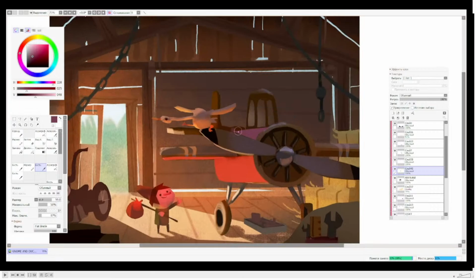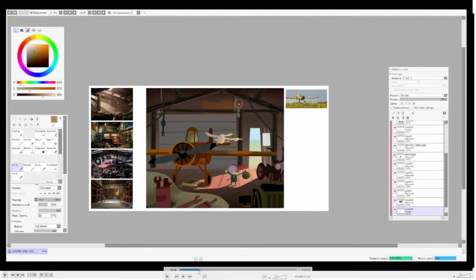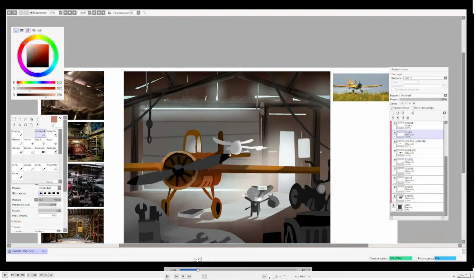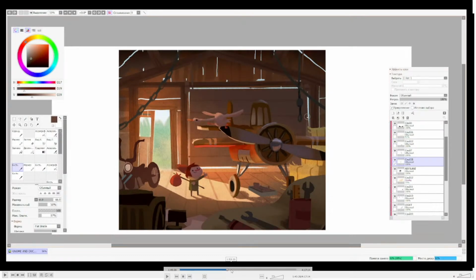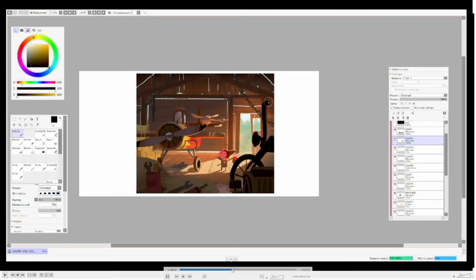And now, as you can see, the black and white stage lasted for, let's say, when we were in black and white completely, I think around 10% of the painting. And then we jumped right into color. And then at the 35% mark, we blocked in all the local colors. And then at around 45 or 50%, we started figuring out